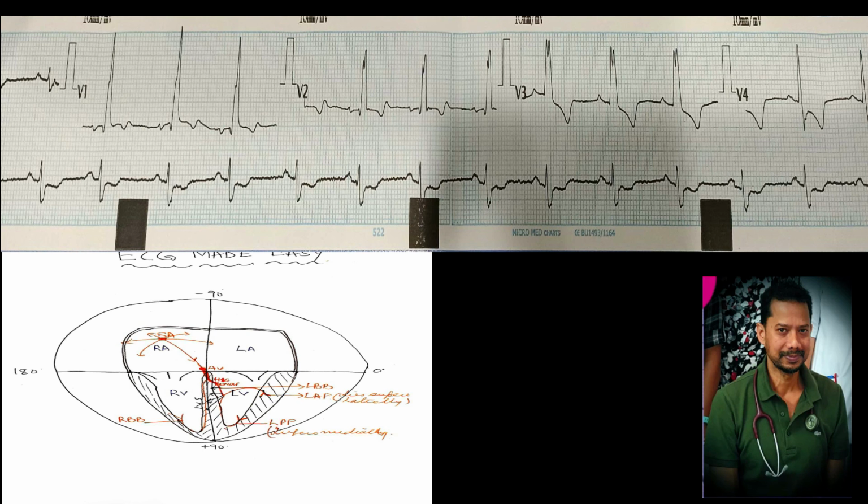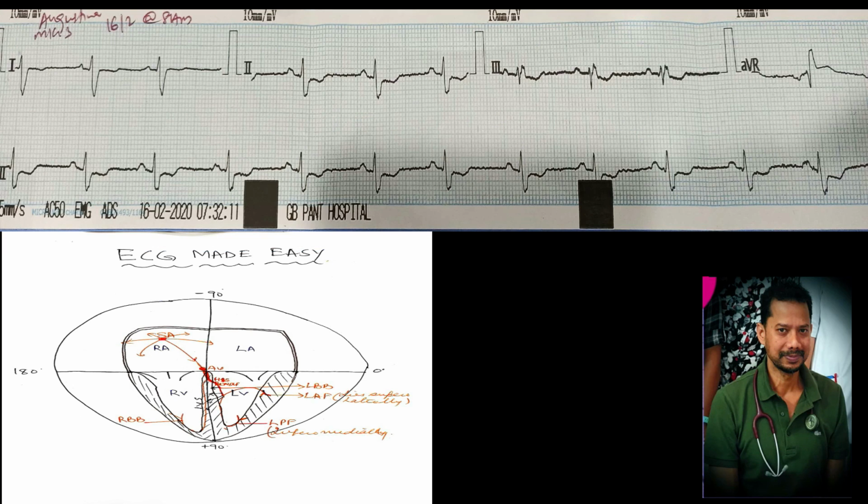Now you see in leads 2, 3 there is an S wave. This is a complete RBBB, and there is an S wave in lead 2 and 3, which means there might be a small left anterior hemiblock also which is beginning to happen. And also note the coving present in AVL. There is a slight coving present in AVL, and that might be because of a small infarct which is starting or which happened in the recent past.